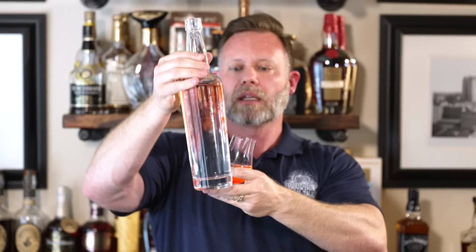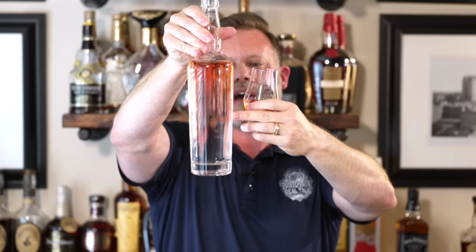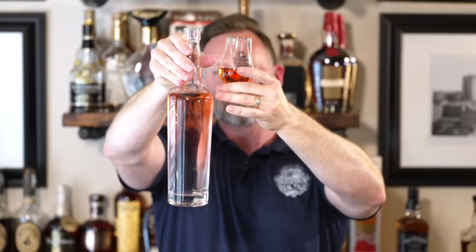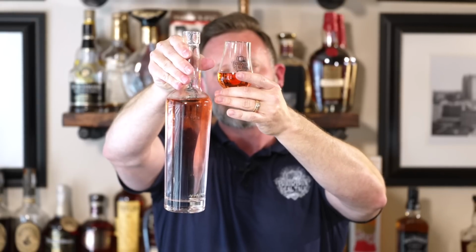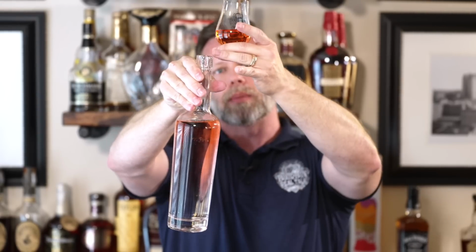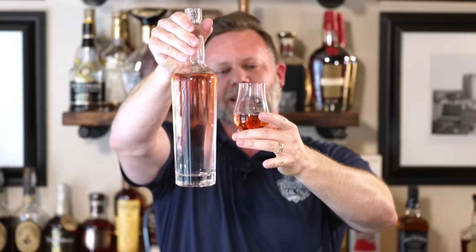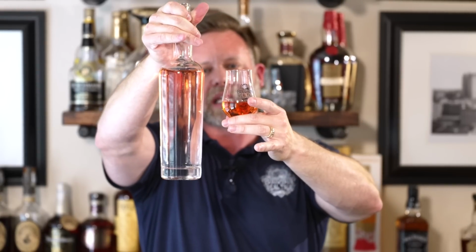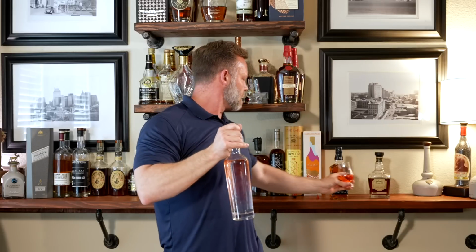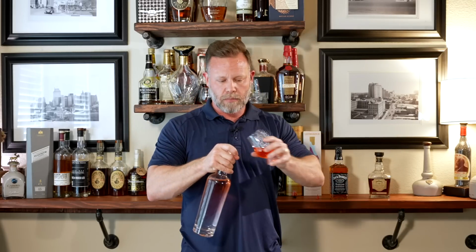And right away, you see that that negatively affected whiskey is all the way halfway down this bottle. Now, we did get a lot of it in the glass, okay? But what happens is when you tilt this bottle sideways, the liquid from the bottom comes out of the bottom of the pour, and the liquid in the neck comes out of the top of the pour, and they mix together very quickly. And the other thing that you can do is that if you had your neck pour